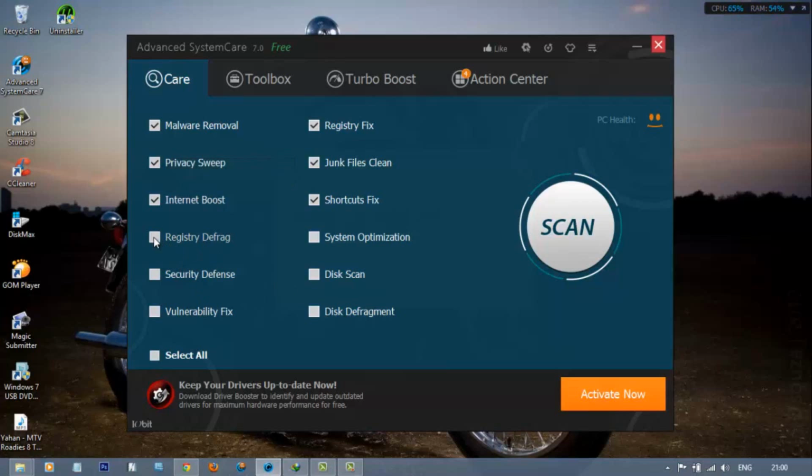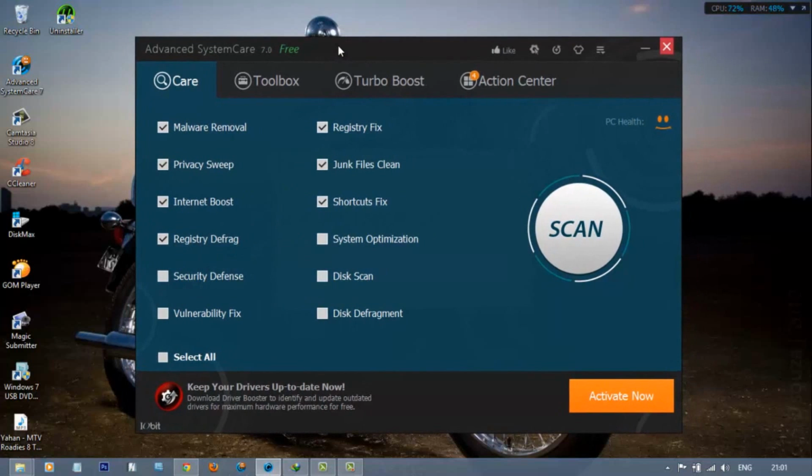Then if I want, I can also choose to defrag my registry. The new option called Security Defense prevents malware from being installed in your PC. I don't know how it works. Maybe it has an integrated Bitdefender antivirus engine, which comes with Advanced System Care Ultimate.